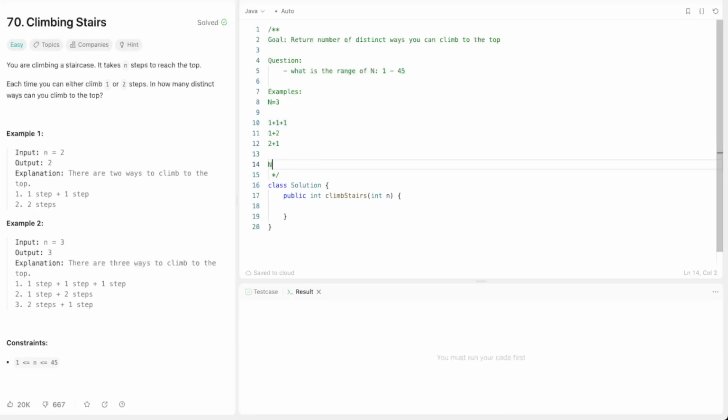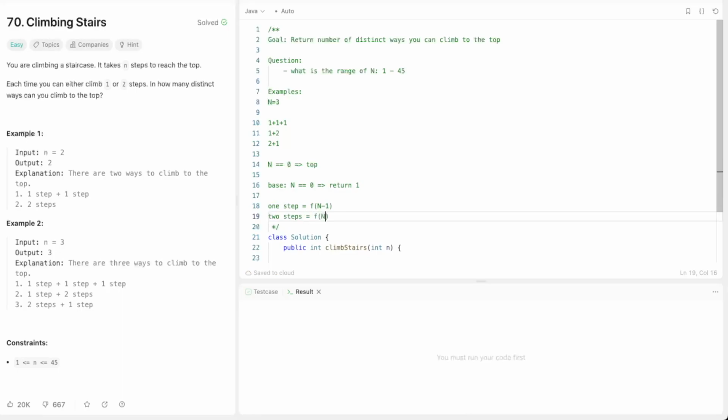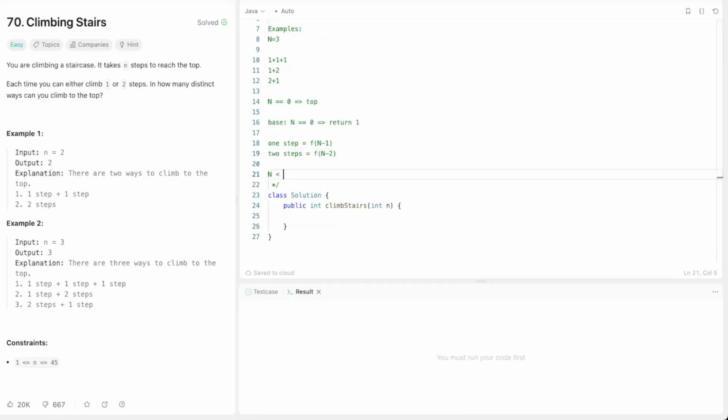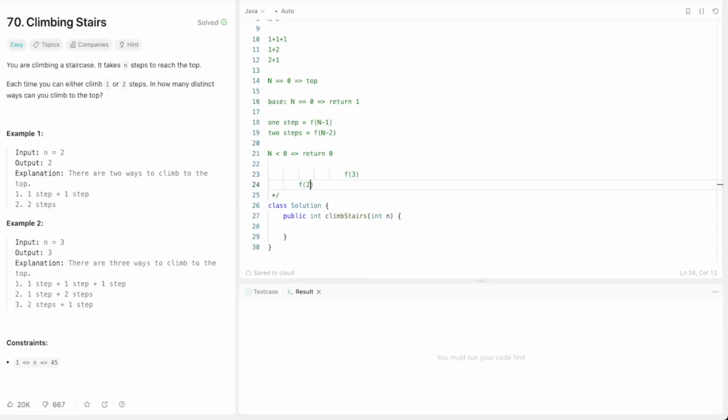Since we start with n, we know that when n is equal to 0, we can reach the top of the sequence of steps. So the base case will be when n is equal to 0, and it will return 1. If we take 1 step, that results in f of n minus 1. If we take 2 steps, that results in f of n minus 2. Something we'll have to account for is when n is less than 0, as it means it's an invalid path. We would start with f of 3, then f of 2, f of 1, f of 1, f of 0,